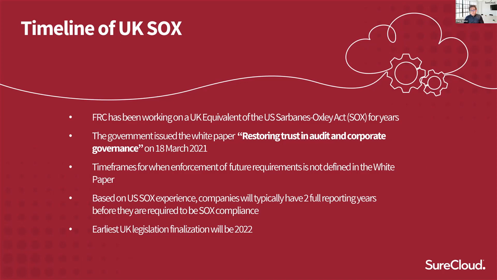And who will need to comply with SOX? Well, as a starting place, it's for companies that are listed, right? Where you have to publish your financial reporting by the end of each financial year. And it's safe to say the ones that will be the focus in the first round of compliance auditing by regulators will be the large ones on the London Stock Exchange. So if you are a FTSE 100 company, or one of the bigger players on the London Stock Exchange, this will be relevant to you very soon.